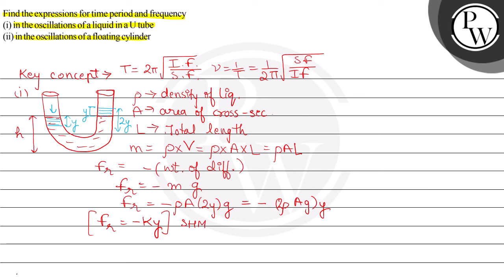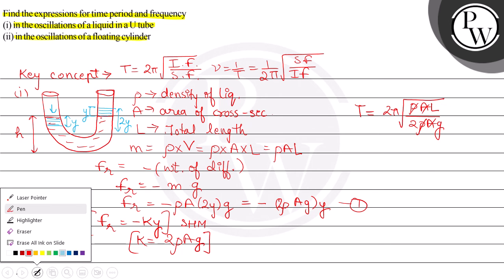अगर हम इसको compare करें with the above equation, then we can write that k is equal to 2 into rho into A into g. अभी हम इसको use करने वाले हैं in spring factor. So now time period will be equal to 2 pi under root inertial factor due to mass, that will be rho into A into L divided by spring factor जो अभी हमने calculate किया है. So this will give us,